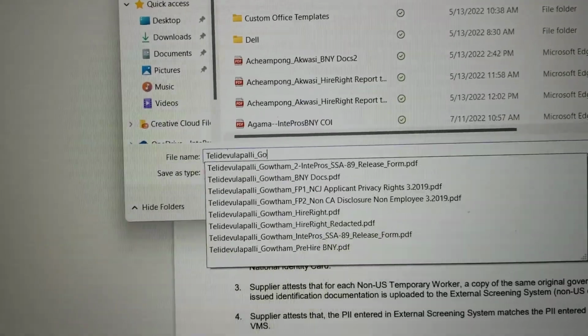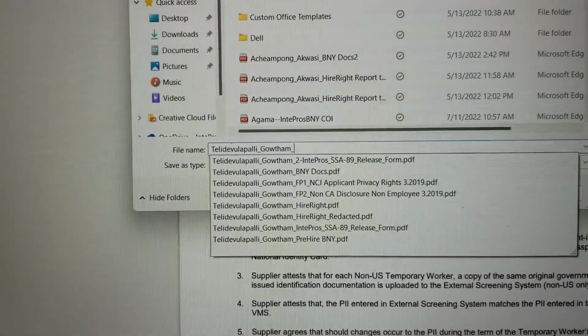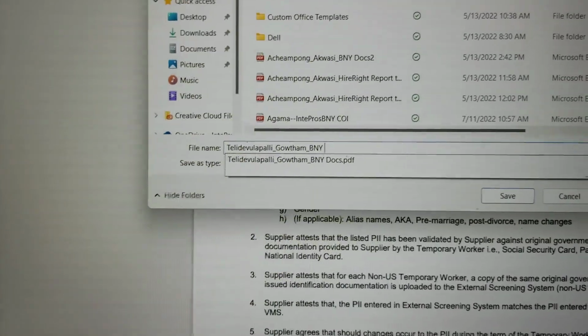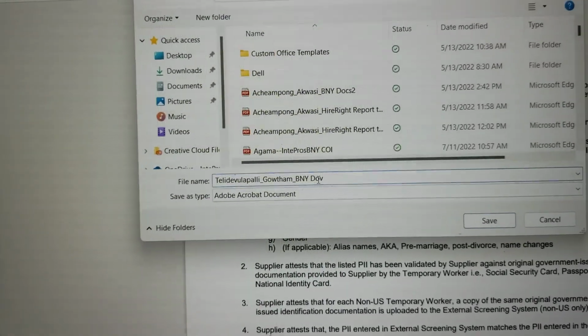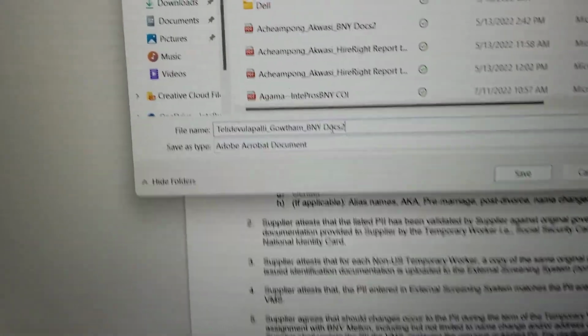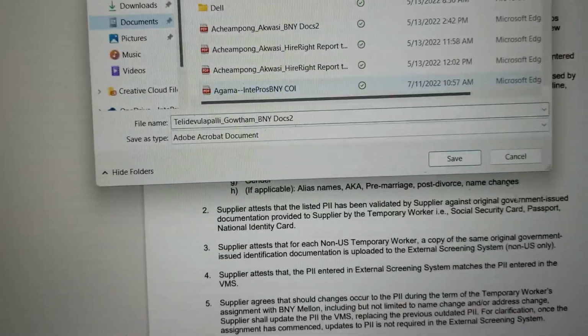Gotham. I always save this as BNY Docs 2. I save the first one as BNY Docs, and then I save this one as BNY Docs 2, so I know how they're differentiated. But I'm going to save it, and then we should be good to go